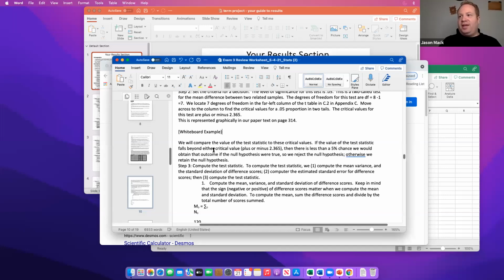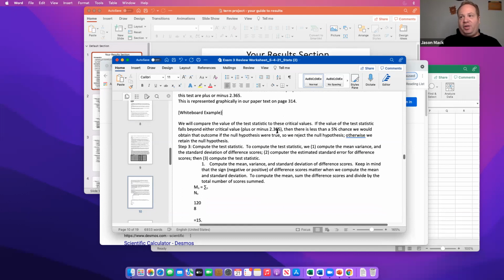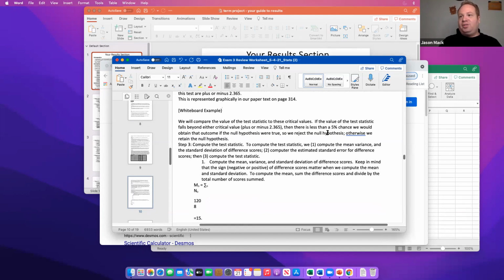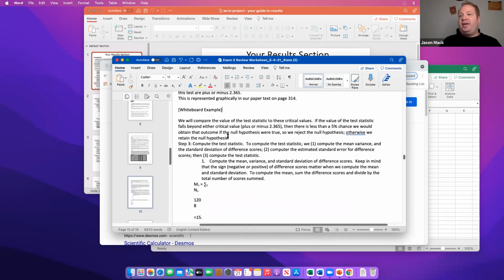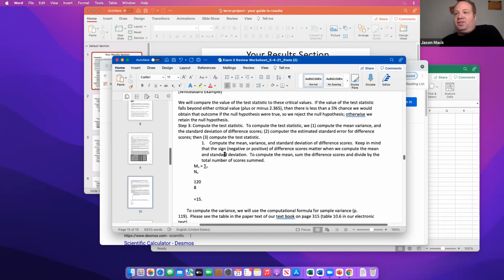So we will compare the value of the test statistic to the critical values. If the test statistic falls beyond either critical value, we just talked about that, there's less than a 5% chance that we would obtain the outcome if the null hypothesis were true. So we reject the null hypothesis, otherwise we retain the null hypothesis. So first we're going to compute the test statistic. We compute the mean, variance, and the standard deviation for the scores,